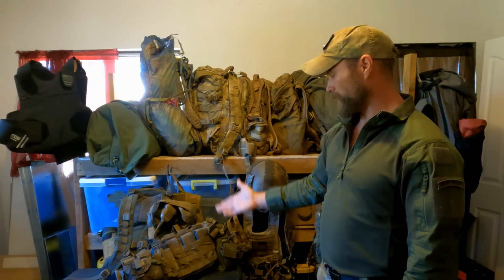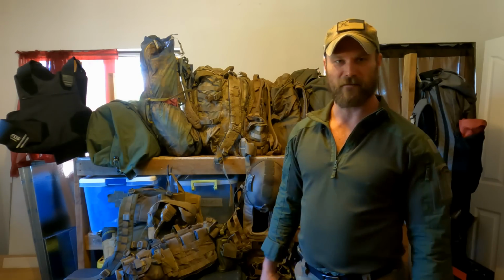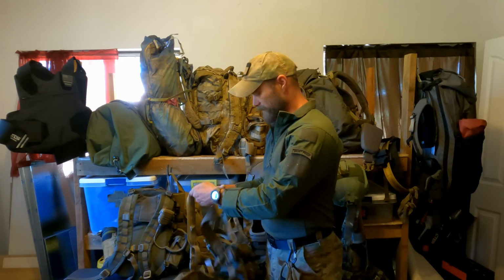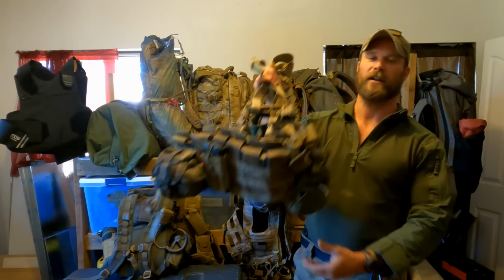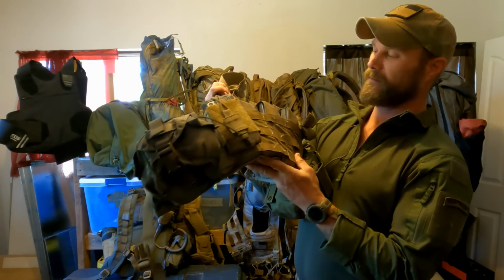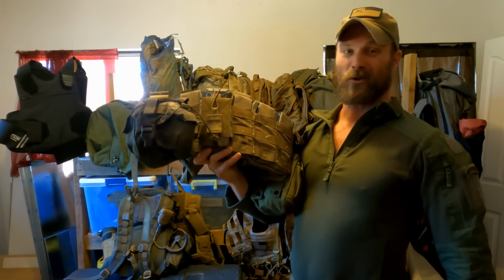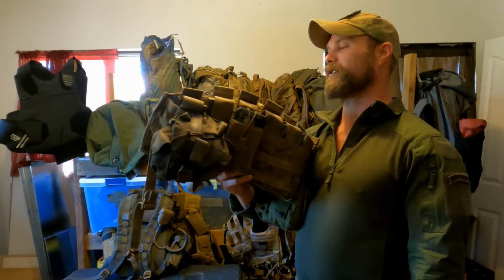It's been dragged through the mud. Right now it's dusty as shit, so it's basically getting built into the environment. But you've got to remember, even this heavy duty nylon, if you never clean it, you're going to have issues. Things will start to fail on it, especially when you get mud and grime and salt. You sweat out a ton of salt, and it will start to wreak havoc on your nylon